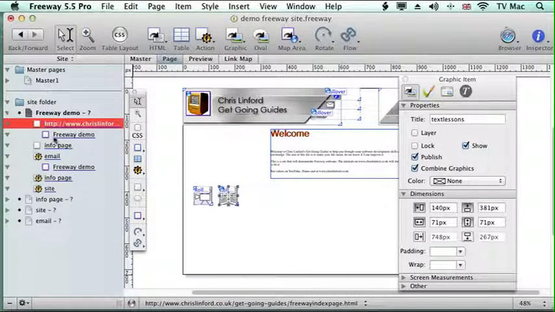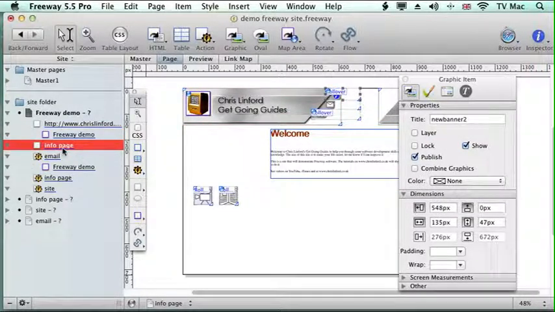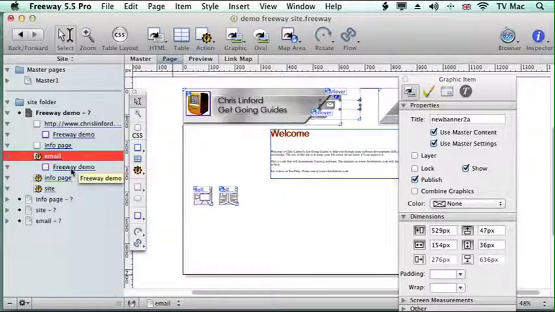So if we open up here, it then shows you where all these links are going to. So we've got links in the demo, so we've got a link here, which is this button here because it's become highlighted as I click on it, which is going to link to my text Freeway section on my main website, so that's an external link. We've got the purple box, which is the hotspot to link back to the home page, and then we've got the link here for the info page, so it shows you where the buttons are and where the hyperlinks are